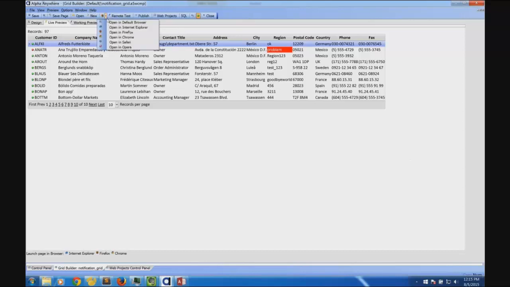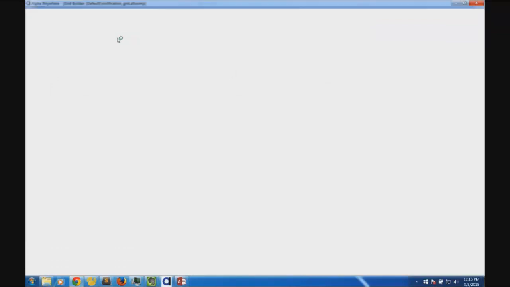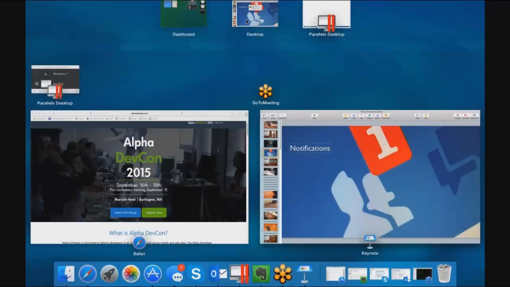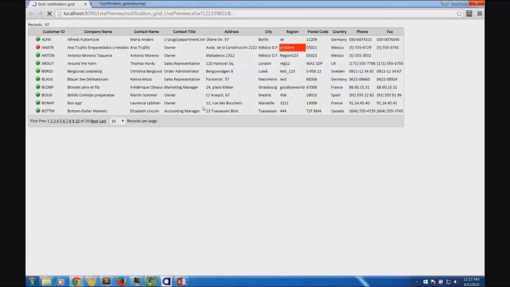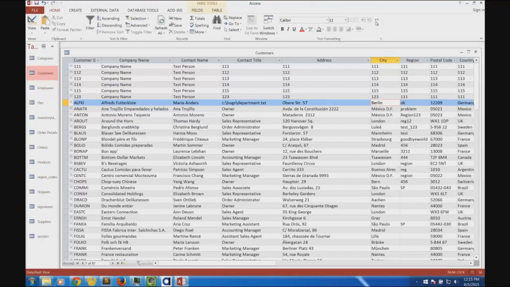Let me go ahead and show you while this is launching. I'm going to open this up in Chrome. So I'm going to show you this actually working inside the web browser. Bear with me. Hopefully that sounds a little better now. Yep. Okay, so it's even better looking here because obviously I'm not in my development environment. I have my region here. I have my buttons here. I'm going to go in here. I'm going to change this to